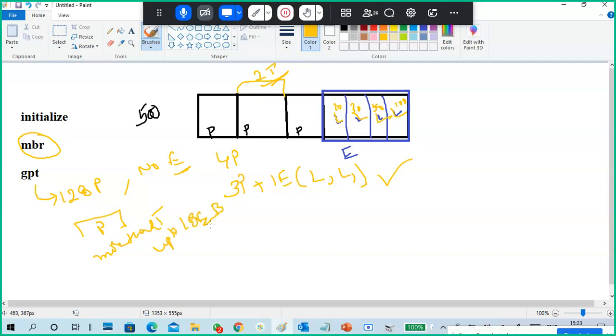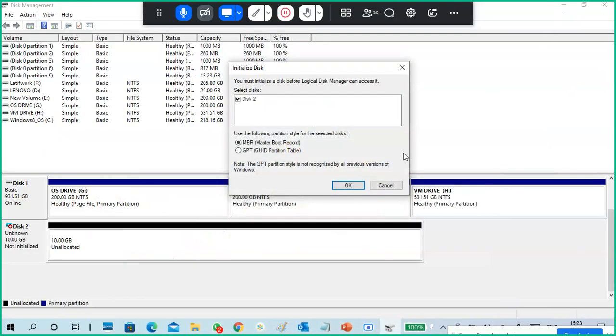Of course, some textbooks and internet research show 9.2 ZB, but I have seen Red Hat textbooks and all showing 18 EB only. So that is the difference between MBR and GPT.